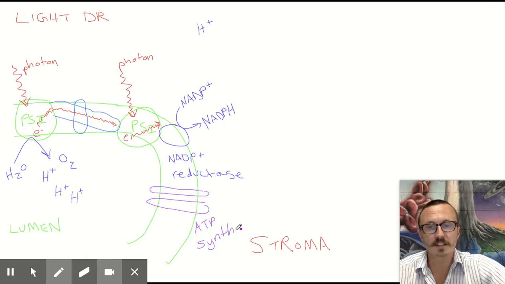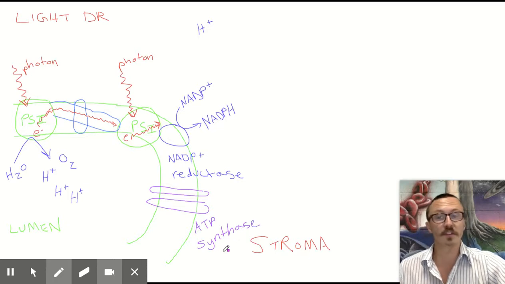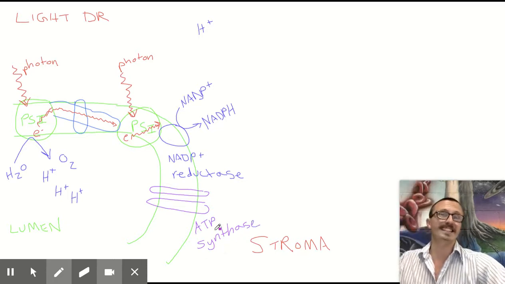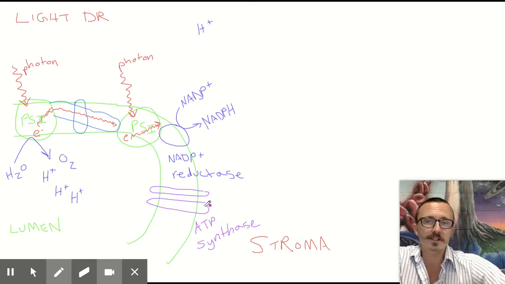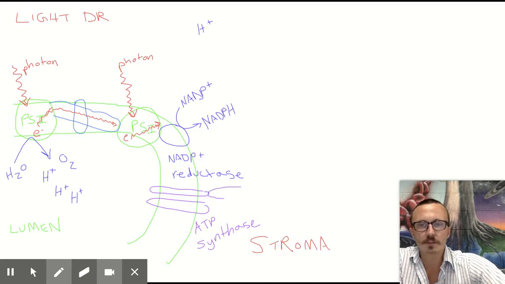I wonder what it synthesizes. It synthesizes ATP, hence the name ATP synthase. ASE lets me know it's an enzyme, and then synth for synthesis. And what are we synthesizing? We're synthesizing ATP. So how does this enzyme work? Well, this enzyme takes molecules of ADP and it forms